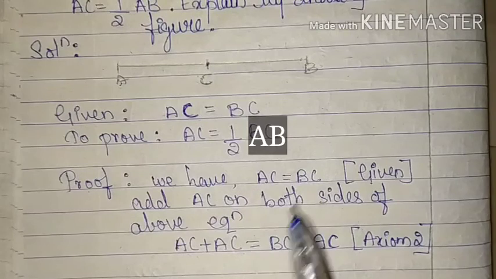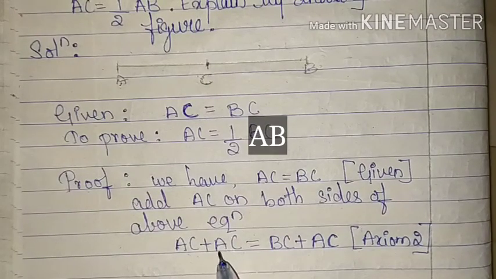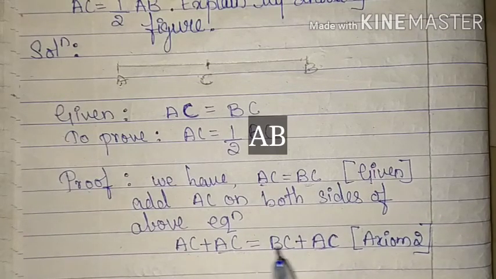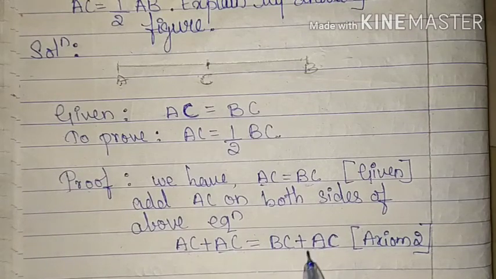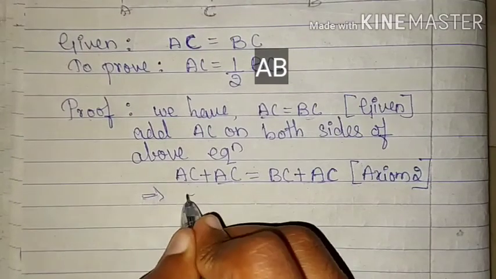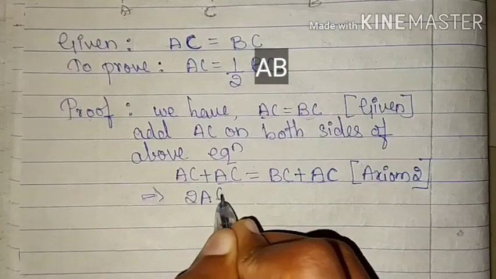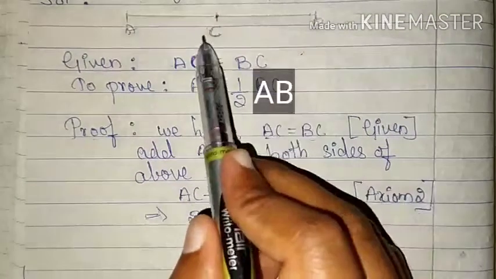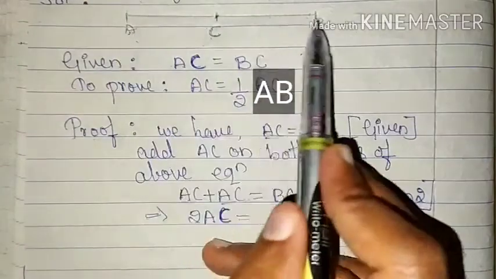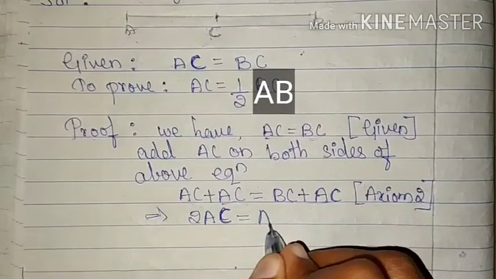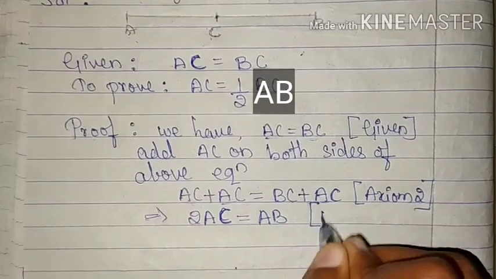It says that if equals are added to equals, AC is equal to AC, which is added to the equals, that is AC is equal to BC. They are equals. If equals are added to the equals, then the wholes, that means the sums, are equal. So now AC plus AC is 2AC, which is equal to, look here in the figure, BC plus AC, which is coincided by the line segment AB, which is equal to AB, making use of axiom